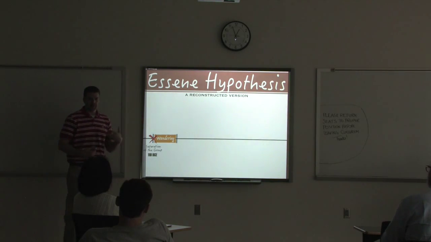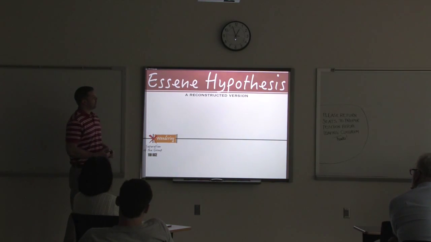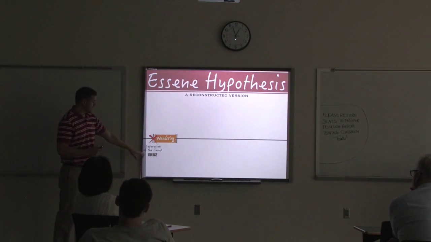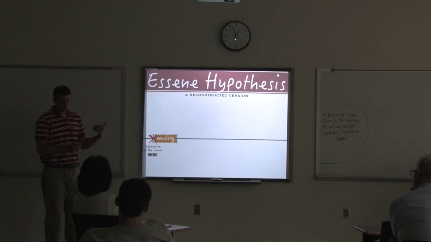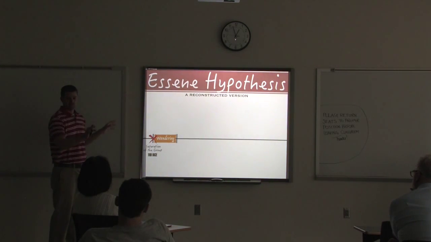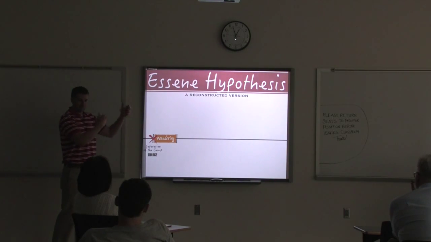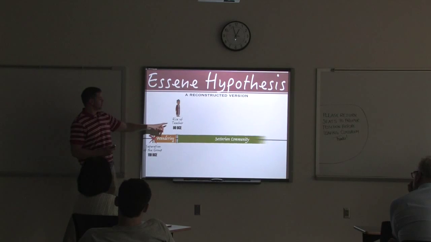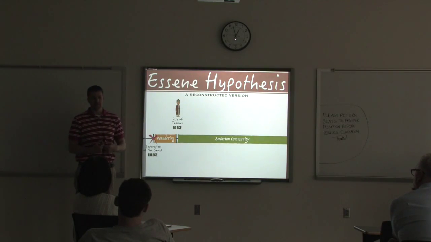Now, in terms of where they came from, their history, a hypothesis, a theory has been constructed that gives a rundown of how this community at Qumran probably developed. It starts with this. Around the year 110, so early second century BC, there was a group that separated from everyone else in society. They thought they were different because of the things they believed about the law and about how to live, how to please God. They separated themselves, and they described themselves as wandering for about 20 years, until a teacher arose. They call this man the Teacher of Righteousness.